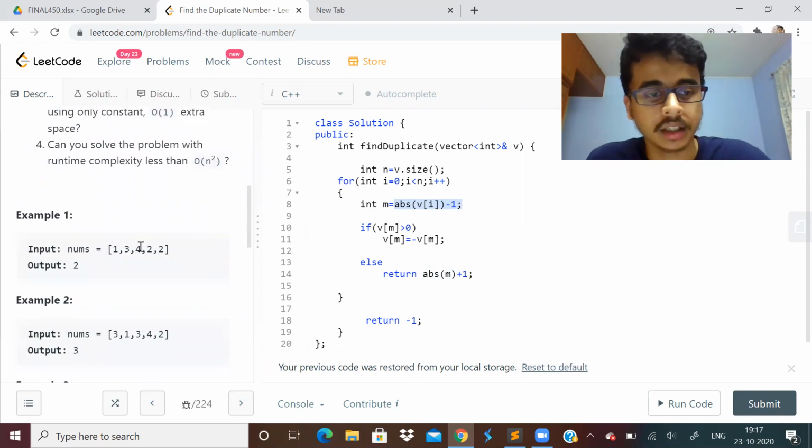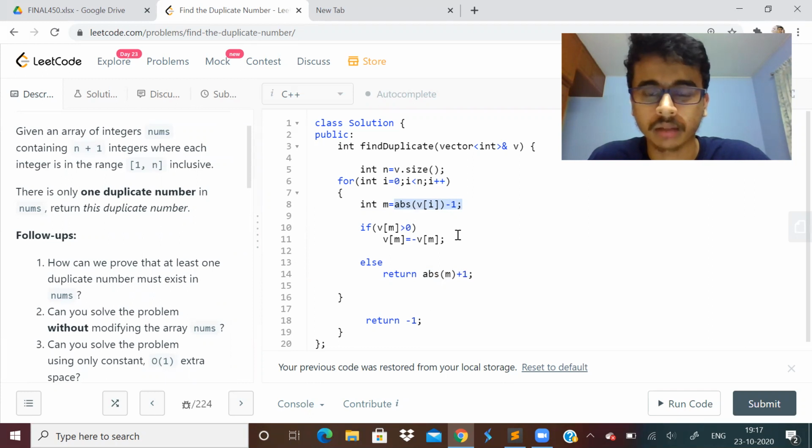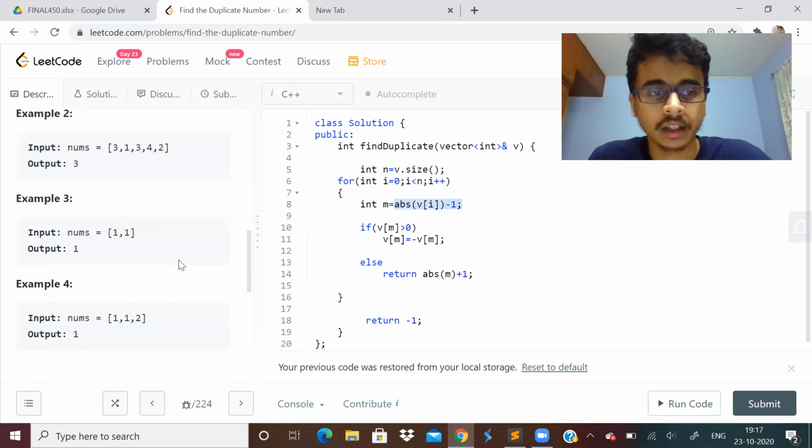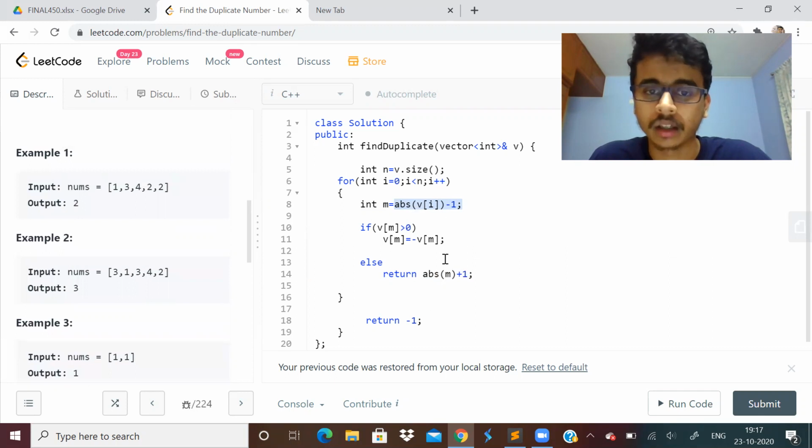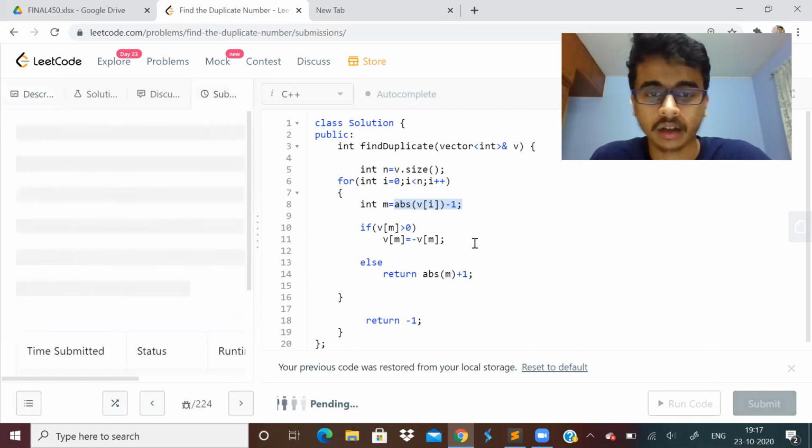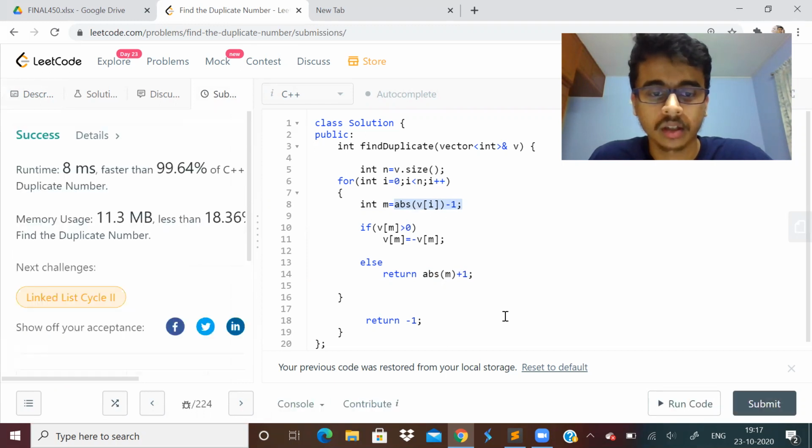You can dry run the code by yourself. I was thinking and wrote the code, it took some time, but you can dry run it and you will get to know what I'm saying. If you want to see if it is correct or not, I can just submit this now. It got submitted, and the solution has time complexity O of n and space complexity O of 1. That is why it is most optimal. I don't know any other better solution than this, and I'm not able to think of anything else.